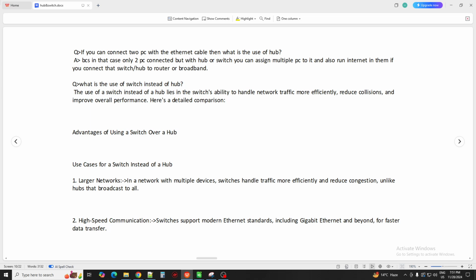Okay, so what is the use of a switch instead of a hub? Basically, why are we going to use a switch when we already have a hub? So let's see, there are large networks with multiple devices, which need to handle traffic more efficiently and reduce congestion, unlike hubs that broadcast to all. Okay, so the biggest failure of hubs, you can say, is that they broadcast the message to all the